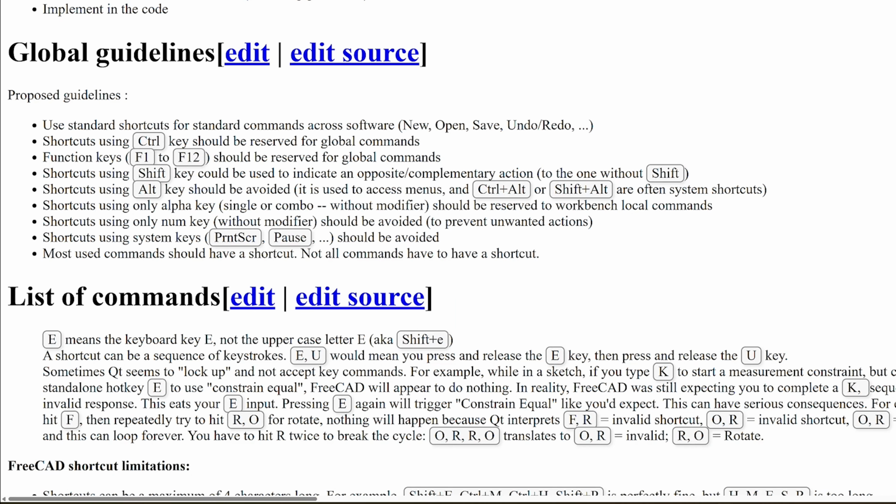Now let's talk about what it says for function keys. So F1 to F12 again should be reserved for global commands. So the function keys are also, or it says should be. So it really means that you should not use function keys to create shortcuts. Then it talks about the Shift key. So the Shift key again can't be used as a shortcut on its own. It is more of an